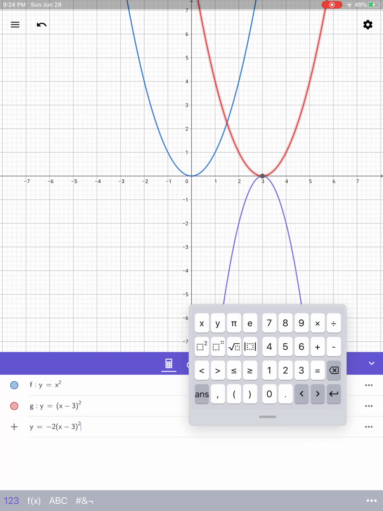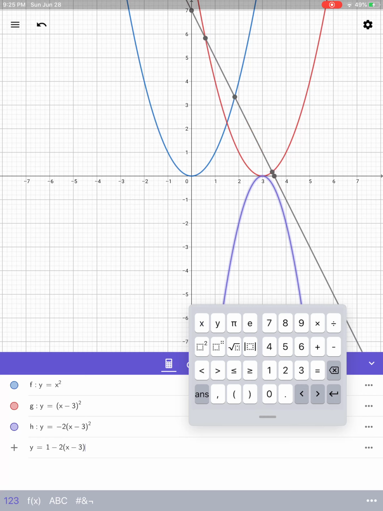So there is a reflection now, negative 2 times (x minus 3) the whole square. This is a reflection of the original graph, the graph G, that is in red. Okay, so now finally we shift upward 1 unit to get the graph f of x, that is the given graph. So finally, combining all the effects, 1 minus 2 times